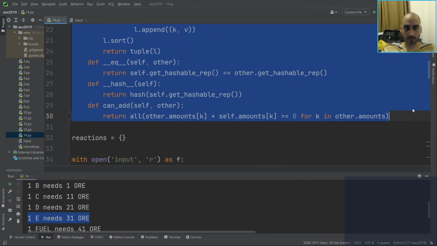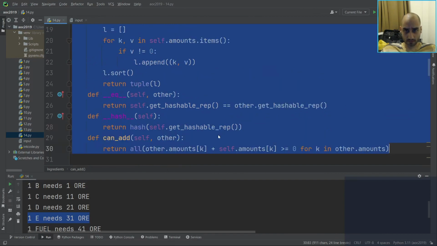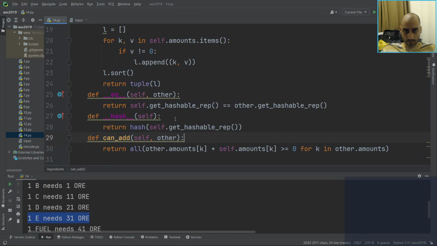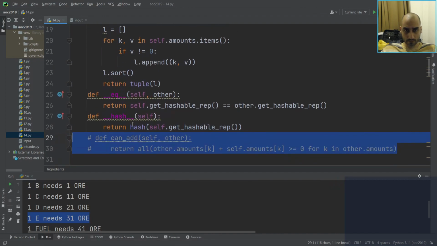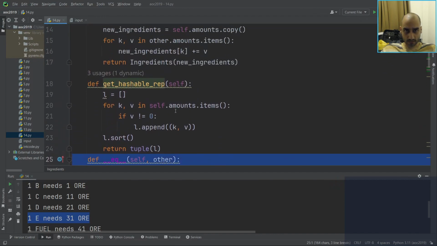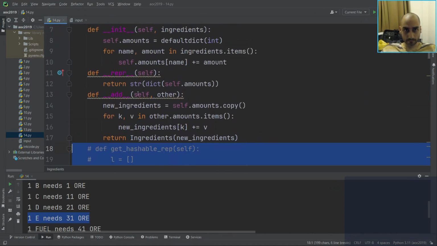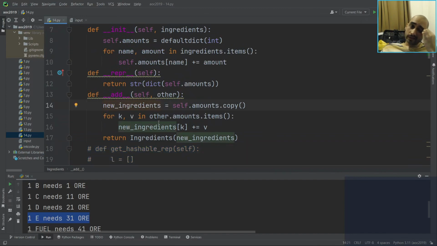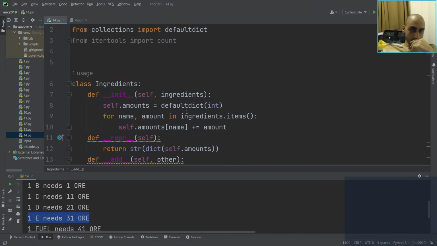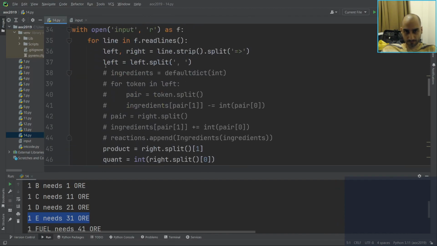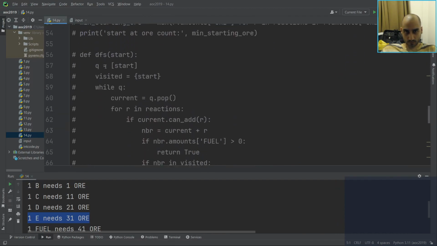Probably don't need most of the contents though. We don't actually need these yet. So basically, we take one fuel,